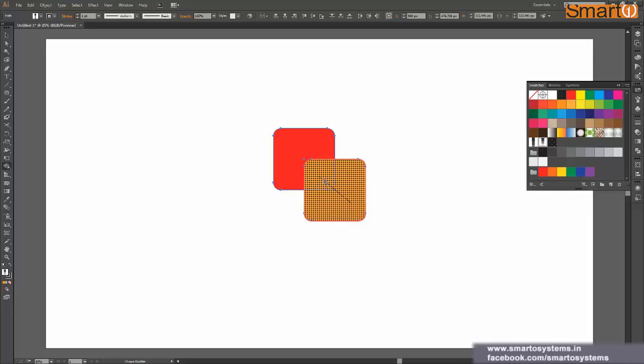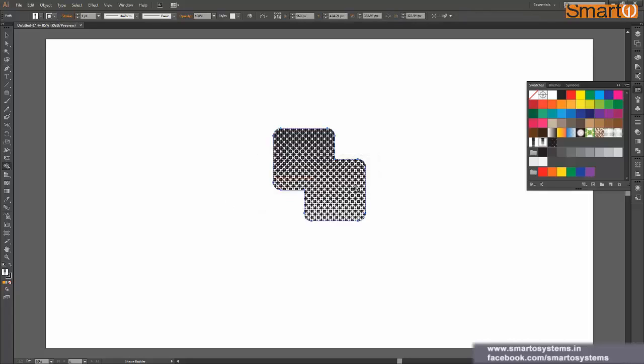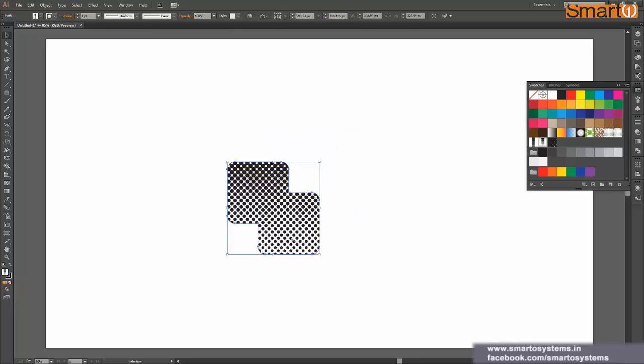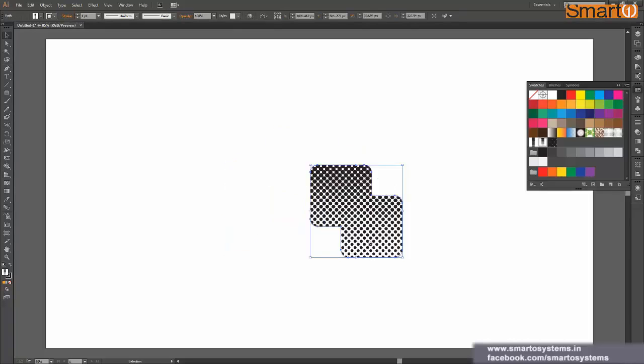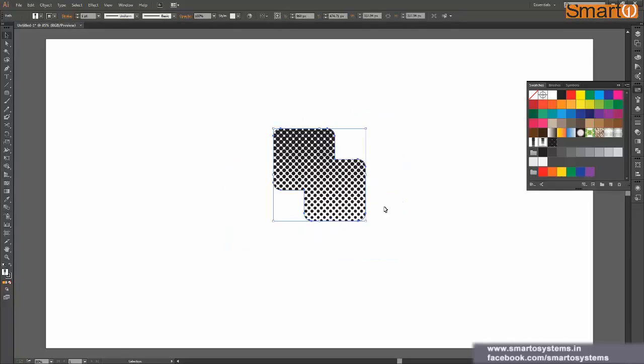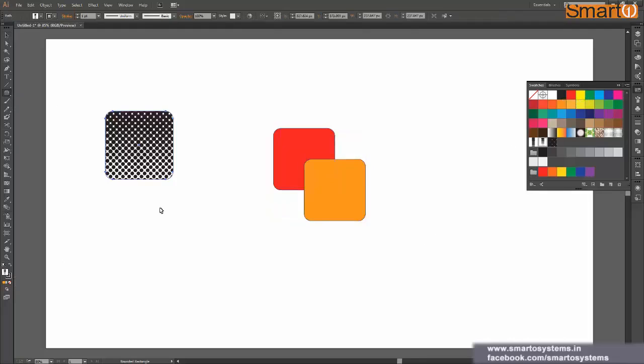Okay, so now you can see that my red border has increased and it has covered that middle intersection part also. And now let's go ahead and stretch this to this red rectangle, and now you can see the border has covered the entire part of my two shapes. And now when I release my mouse, you have these two shapes as one single shape now, and both have been combined into one shape.